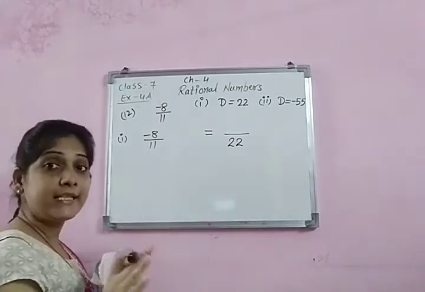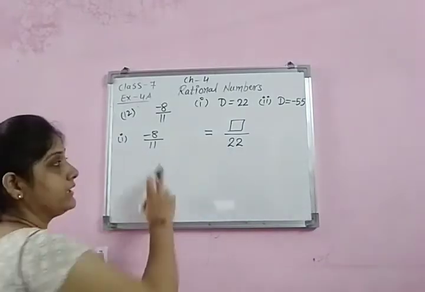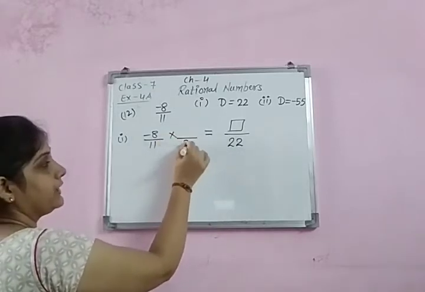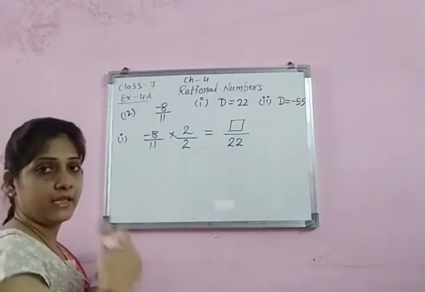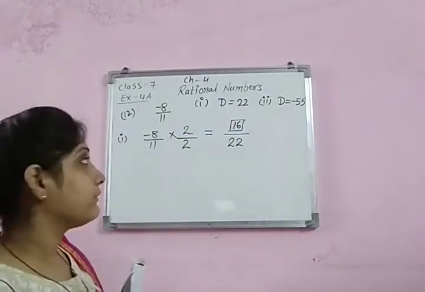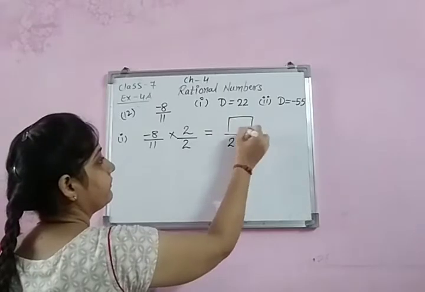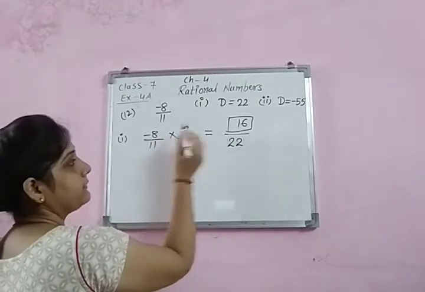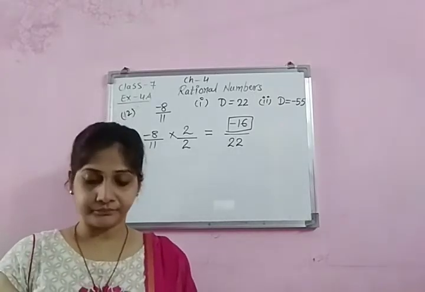So I have to write in the denominator, and I need to find the numerator. How does 11 become 22? See, if the denominator is given, only look at the denominator. So I think I should multiply by 2 so that it becomes 22. So this is also by 2, by the same number. So 8 2s gives me 16. And I think it might be clear to everyone that 8 is with a negative sign, 8 2s are 16, and 8 is with negative and this is positive. So minus plus minus. I hope the multiplication of integers is clear to everyone.